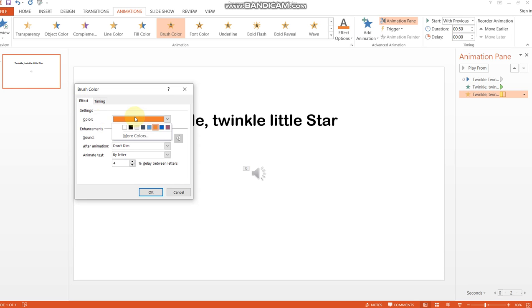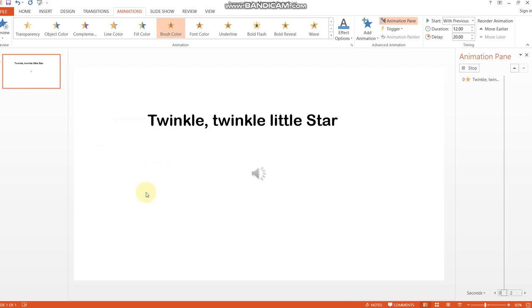You can also change the brush color into something else, let's say blue, and then click OK. It is important that you change the Animate Text and the Delay Between Letters in order to time your lyrics as well. And click OK.